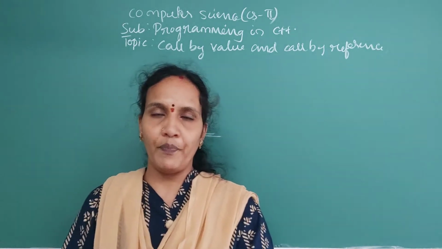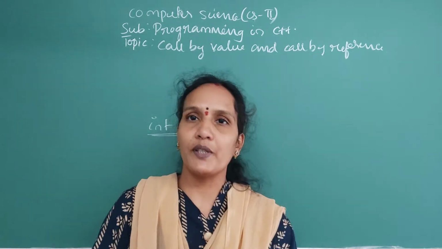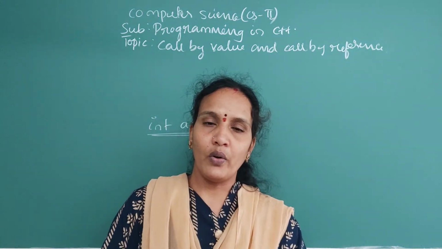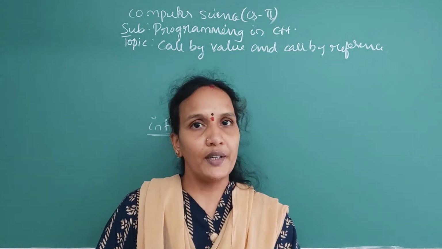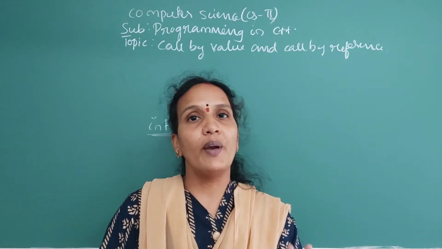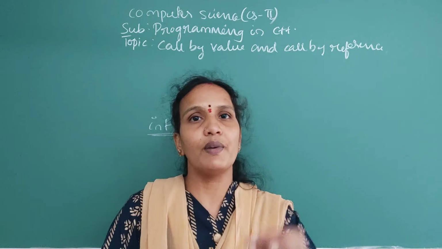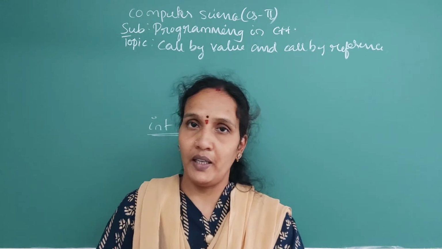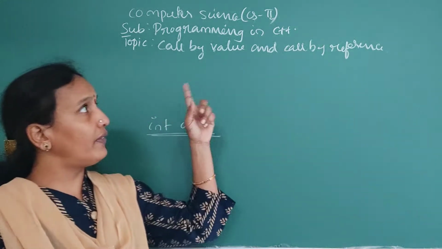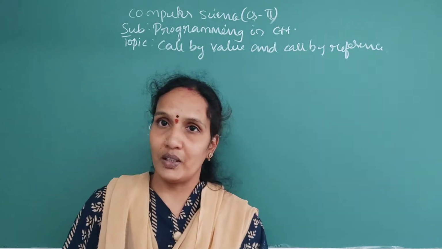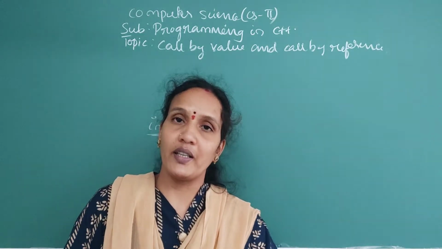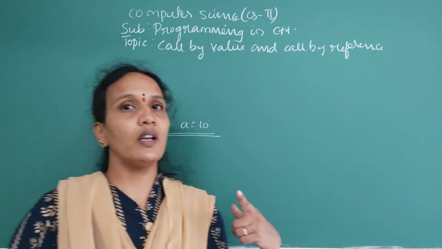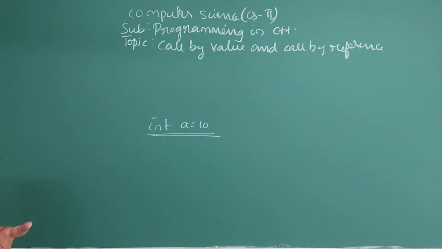Now come to the function body. In the function body, we give the purpose of the function, the reason you are writing the function, and the complete body of the function. When you give the function prototype, the function body will not be executed. The function is executed only when you call it by passing a value. This part I also explained in the last class. It is based on call by value and call by reference. There are different methods to call a user defined function: one is call by value and the second is call by reference. That I will explain now.